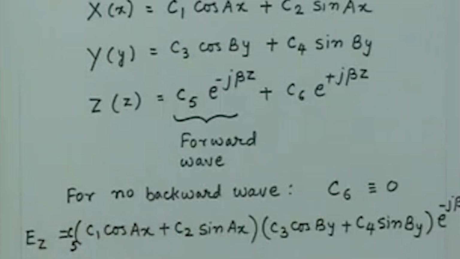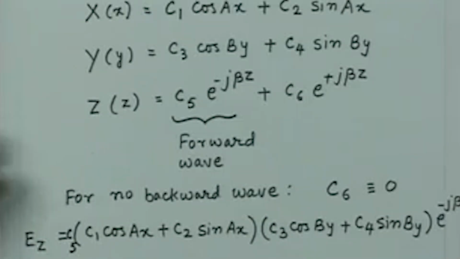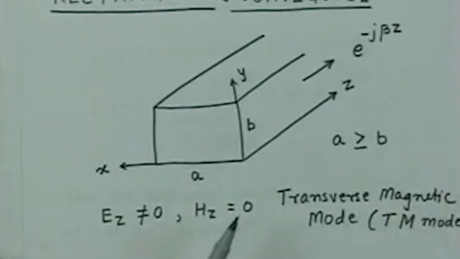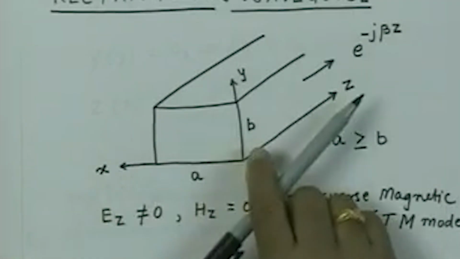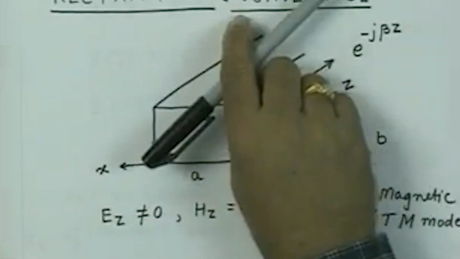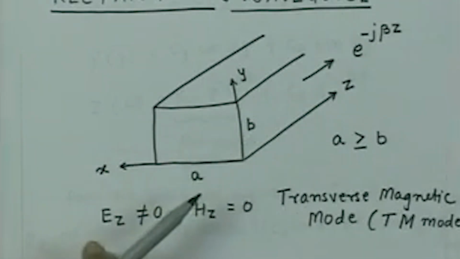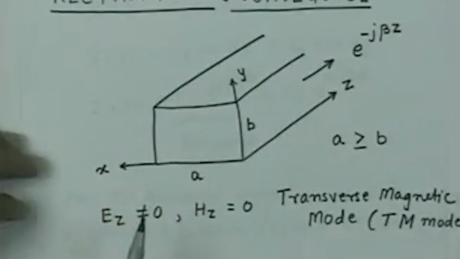So, this is now the general solution for the wave equation for this component Ez. Now, we can apply boundary conditions to get these arbitrary constants, and in this case we have the Ez which is like that in the waveguide. This component Ez is tangential to this wall, and this wall, and this wall, and the lower wall. So, the Ez component is tangential to all four walls, and that is why